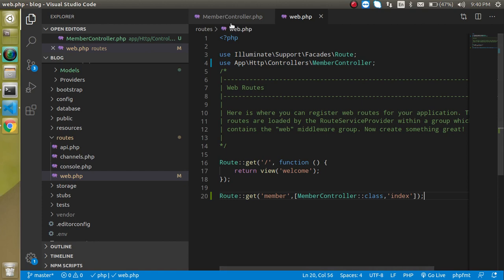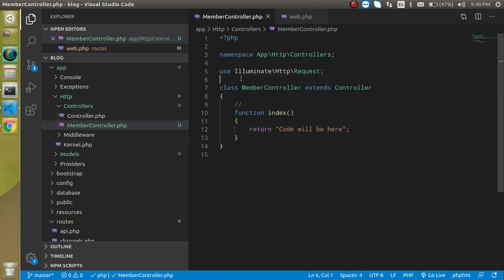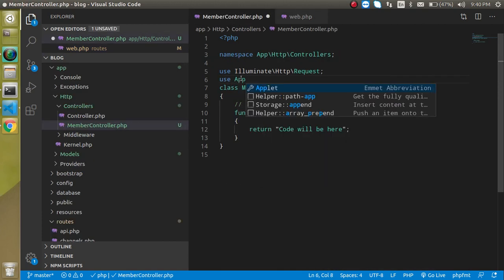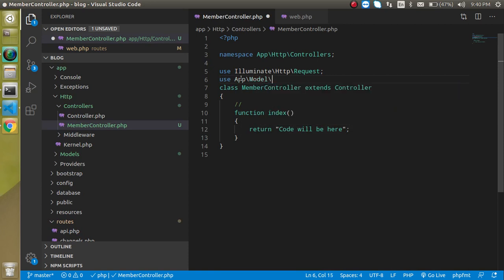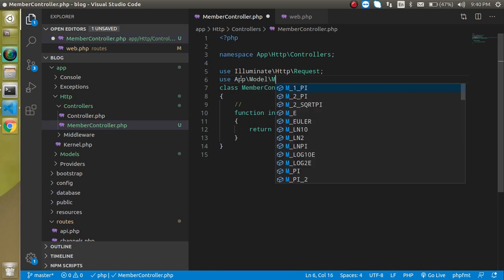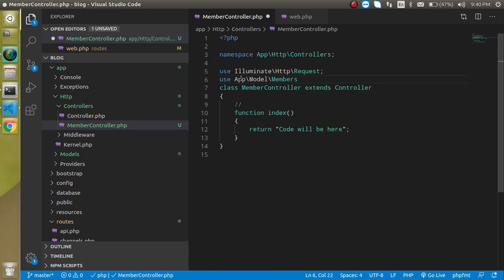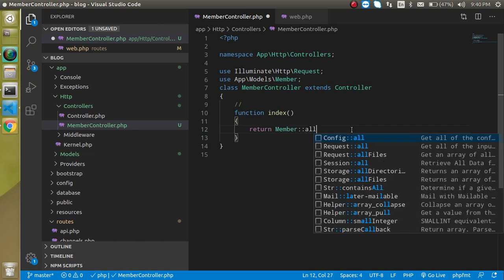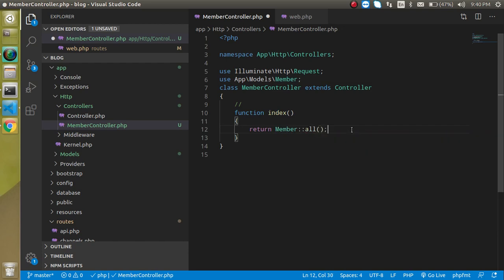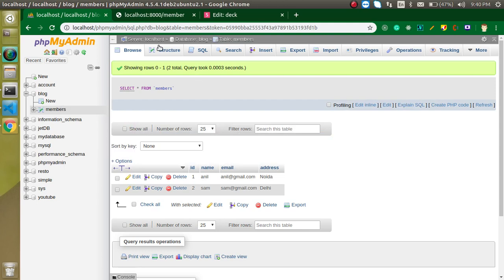Now let's import the model inside the controller. Just write here use App\Models\Member; and then let's return here Member::all(), and it will return all the data which is coming from the members table, right?